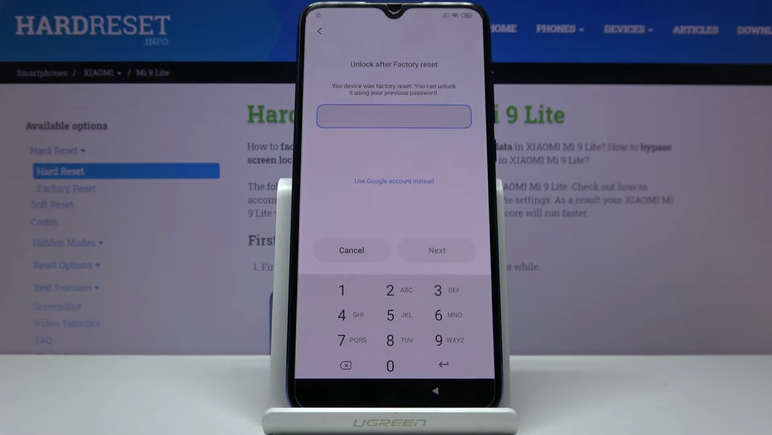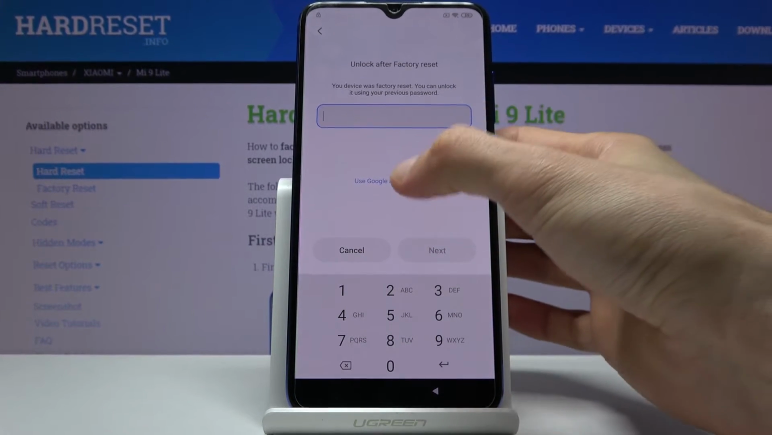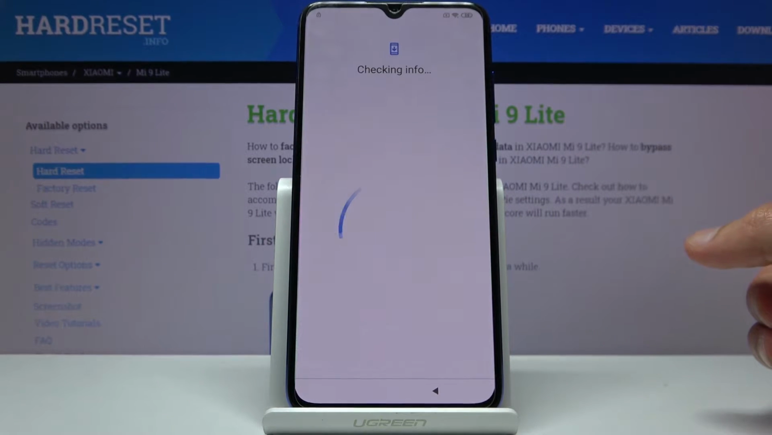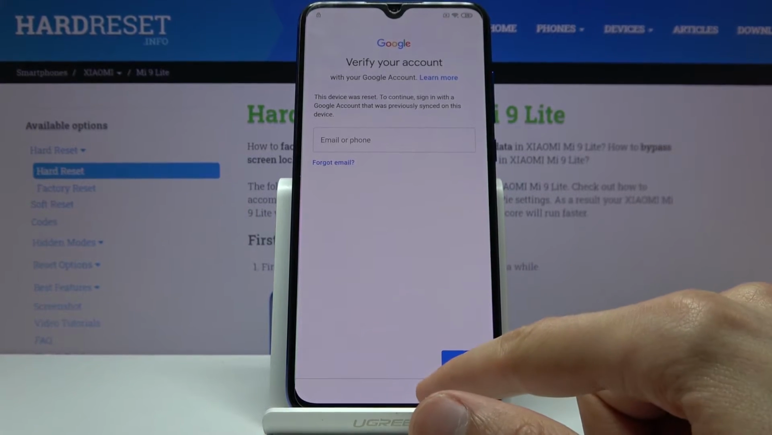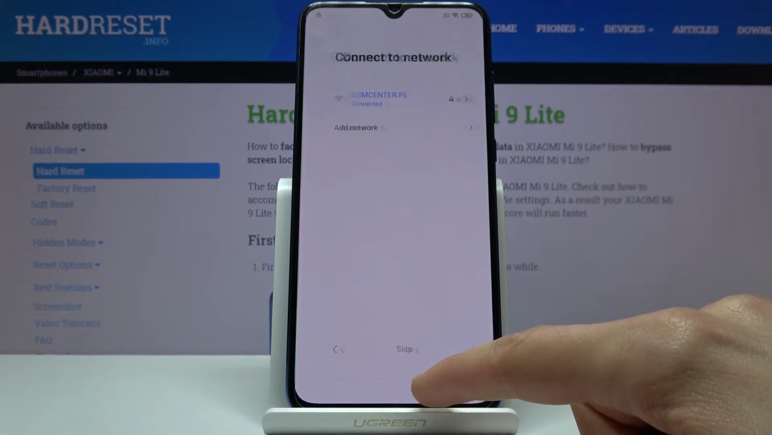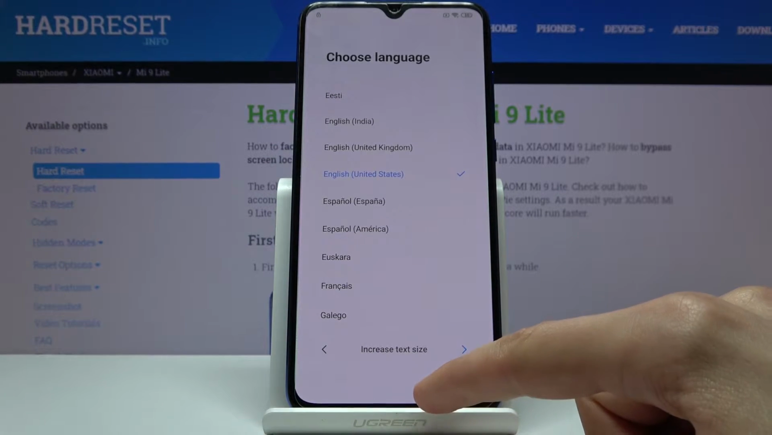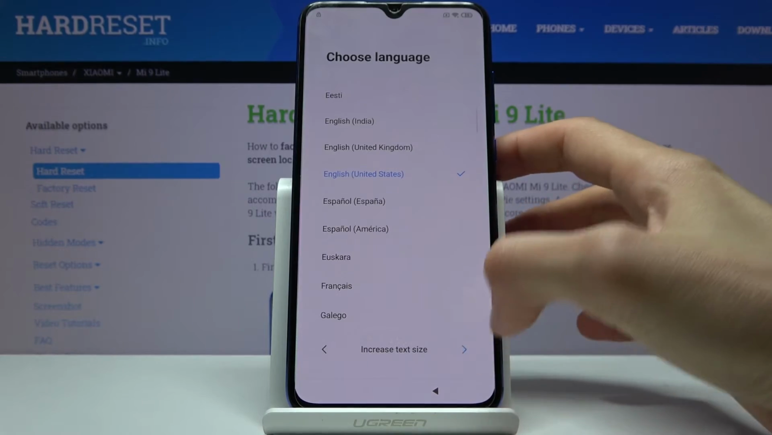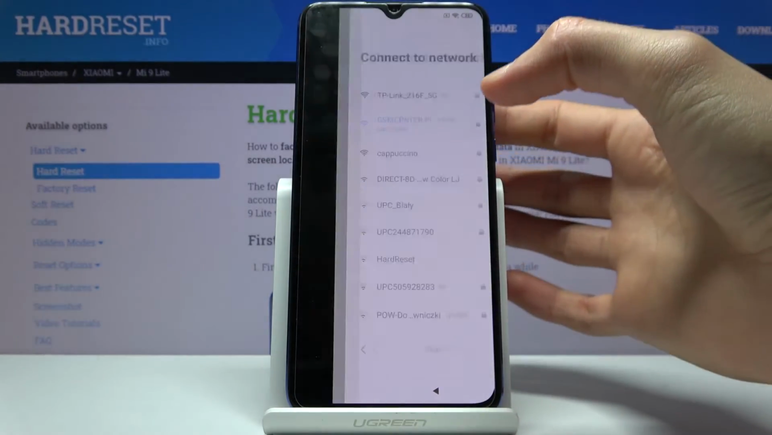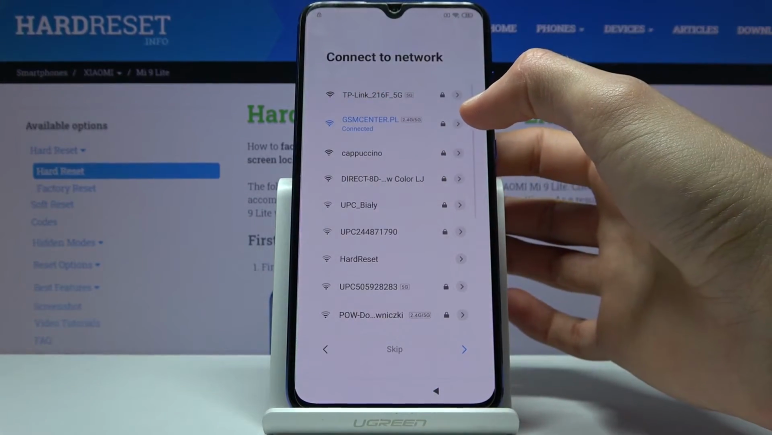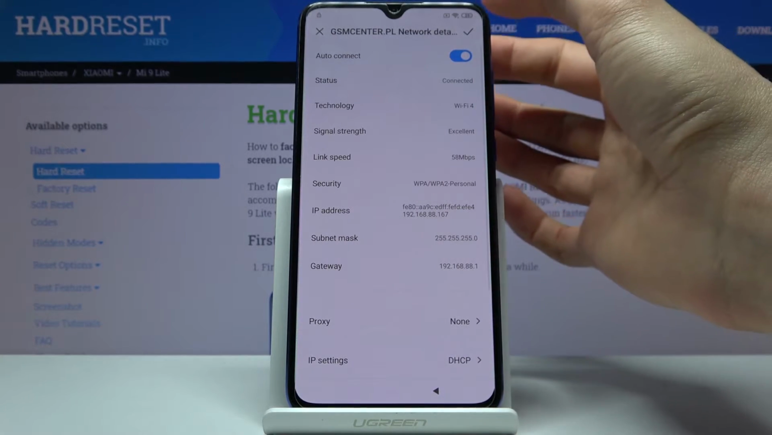So there we see, there's the verification, so I can do it either using the code that was previously set or using the Google account. So there we go. Now to get started with the bypass, it's a fairly simple one. We're just gonna go back to Wi-Fi and disconnect from it, wherever that is. There we go. So I'm gonna go to the Wi-Fi,